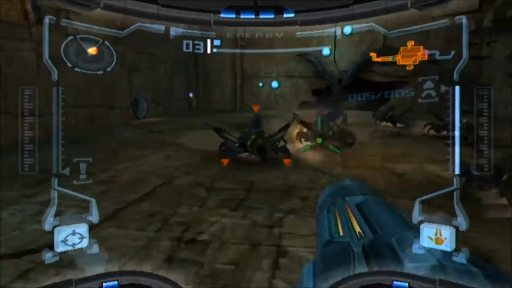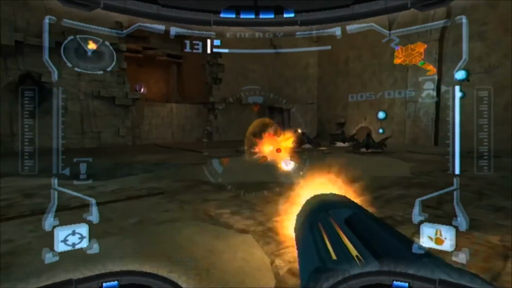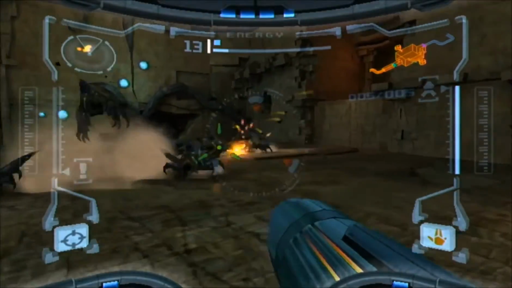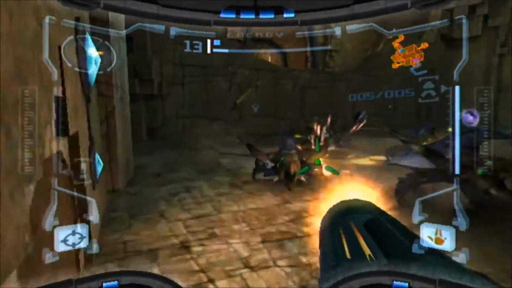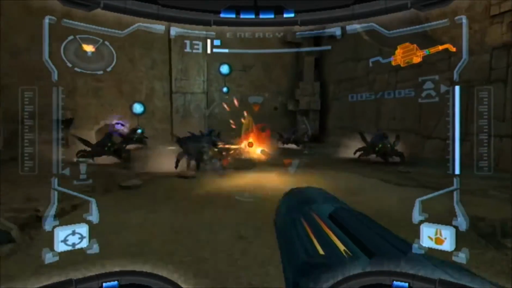It's easier to shoot multiple enemies if I need to, instead of just the one. Of course, I want to focus on one to get his health down, but I just need to get him out of here. I just like having the ability to free aim when I want to. That's the whole point of the Wii version, is that you can do that, because it's so much more freedom